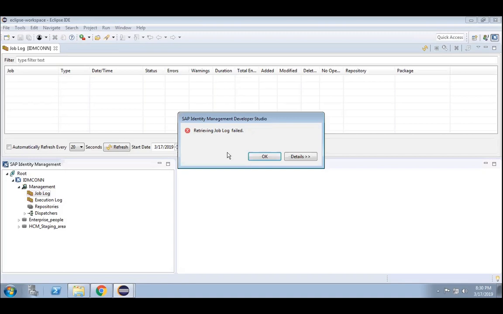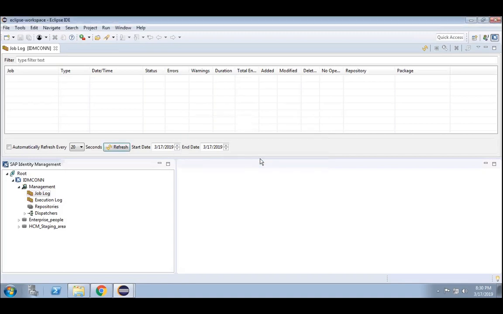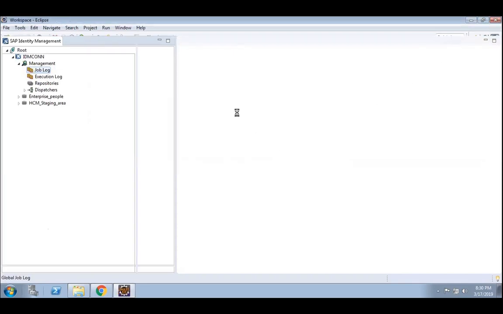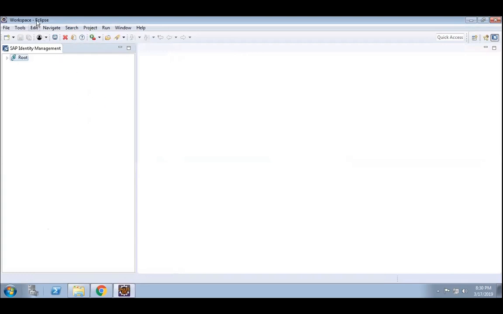I'm just downloading it. You can try with Neon. Before this one is the Photon. Let's try with Neon. Yeah, the download is completed. Let me try.